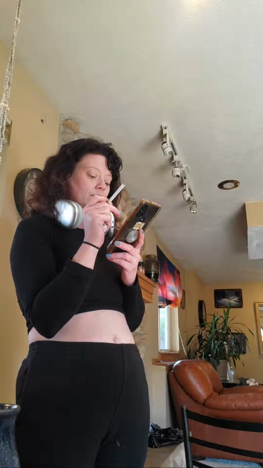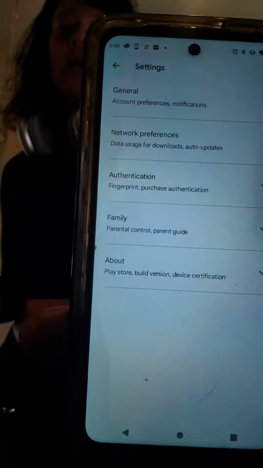All right, so let's see here. Getting anxiety. I'm getting so pissed. Okay, I'm going to go into settings. So I can see already family parental control. You can't see what's in any of these yet, but it tells you everything. It'll tell you what you've downloaded in these, the fingerprint, how you want to authenticate, how they can access these things. You do want authentication because